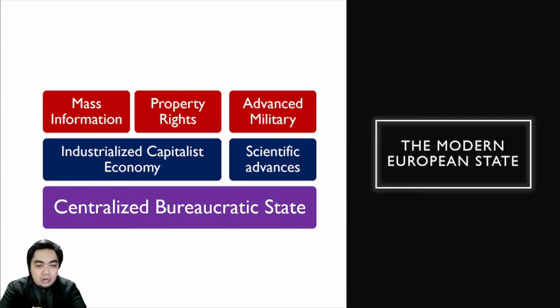So, in this regard, we can see that the modern European state is actually a product of not only policies that were chosen, but rather a natural product of the evolution of the economic models of European states. But let's not forget also that